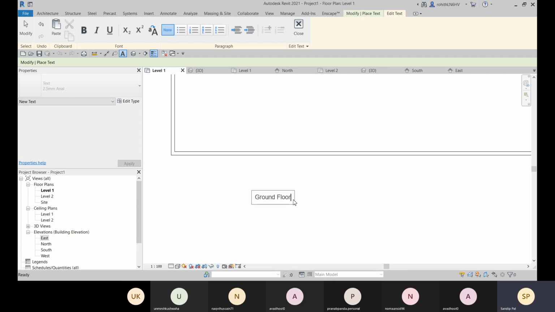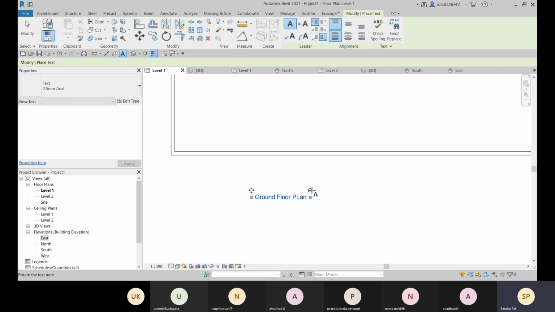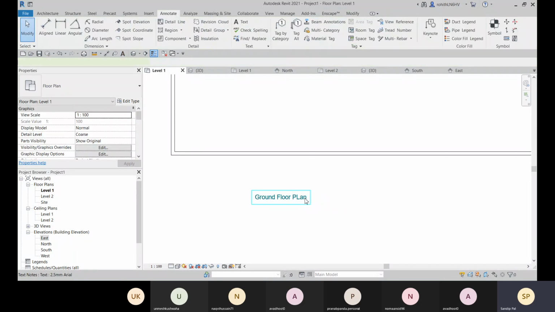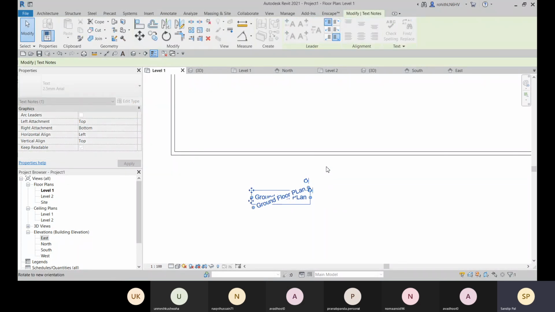Right now, let me go with this ground floor plan. We can just simply create it like that. Later, if you need to rotate it, you can go for this rotate. You can rotate it here and position it. And if you need to change the area for this text, you can increase or decrease.